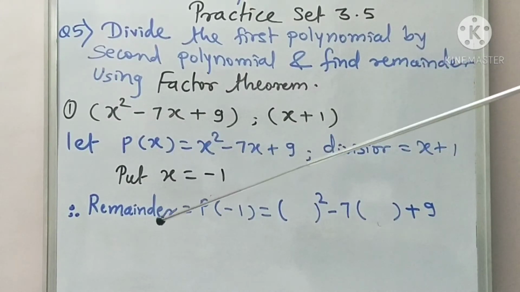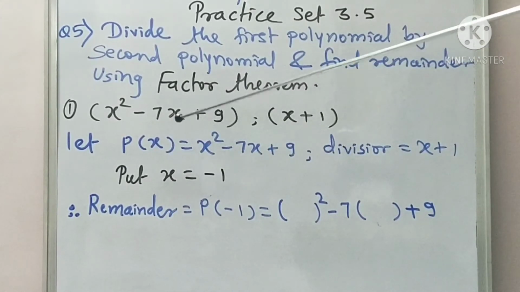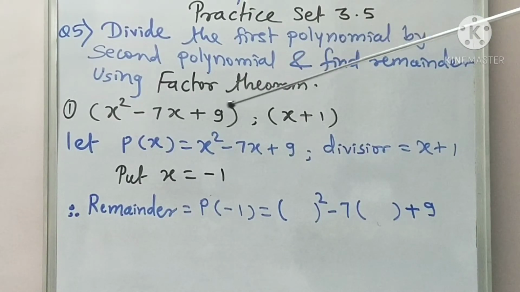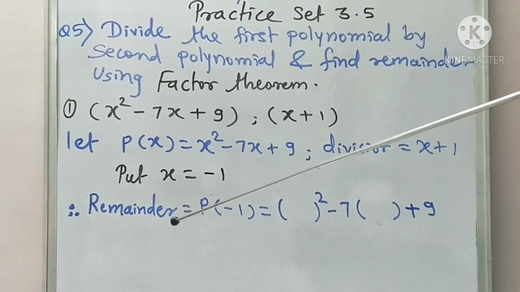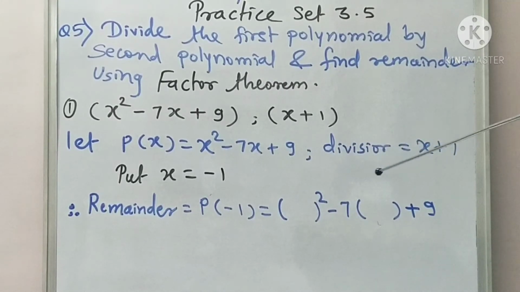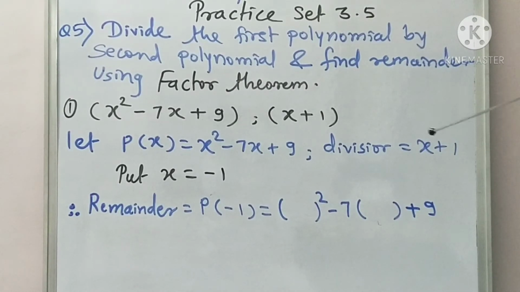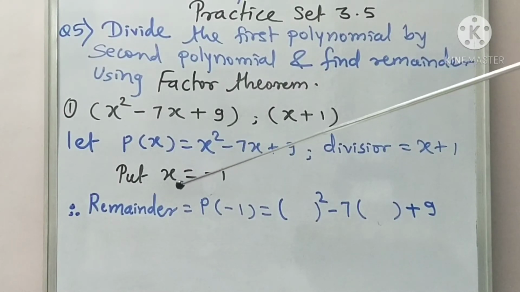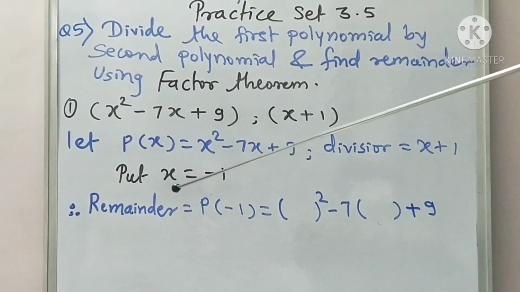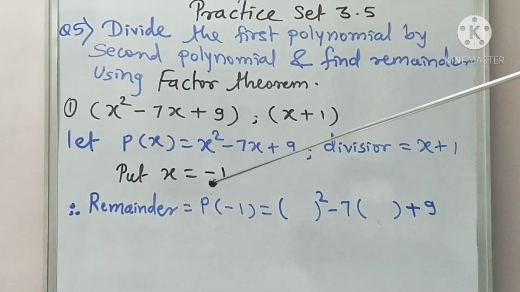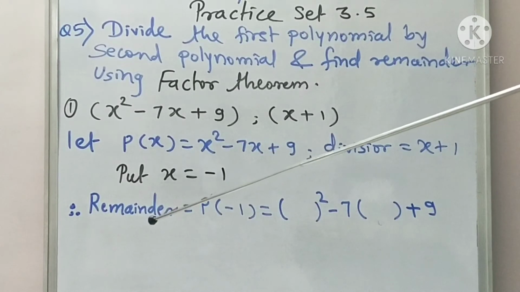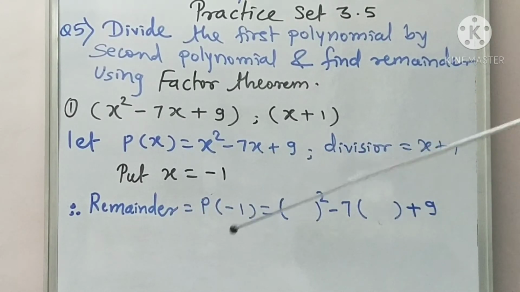So the remainder theorem or factor theorem, it is also known as the remainder theorem. According to the factor theorem, we directly get what? Remainder. And how do we solve it? For the divisor polynomial, we take the opposite number of that constant number, and we put that value for x, or for the given variable term, and the value of the polynomial is the remainder. It's very simple, okay.